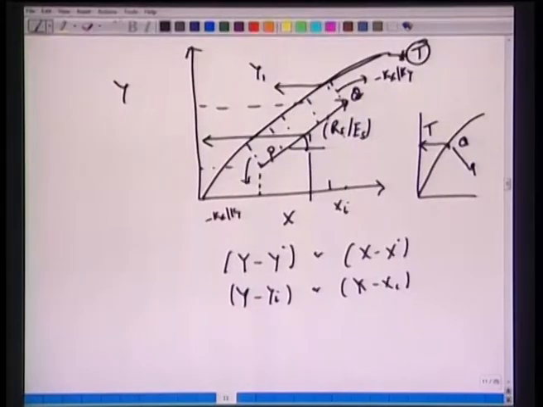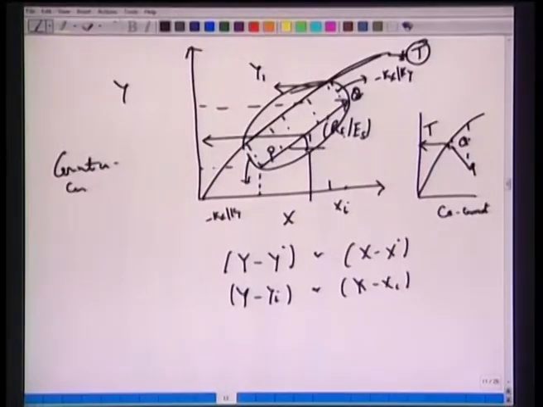It's easy to show that the driving force for mass transfer in the case of counter current is much larger. In general, this will be greater than what we have in the case of co-current. So, very important conclusions we have. Of course, we marked all the points here: PQ is the driving force, the operating curve, PQ, the driving force with slope minus kx over ky, and the equilibrium curve.